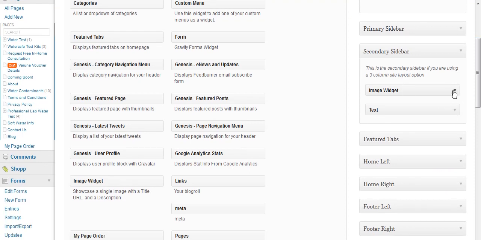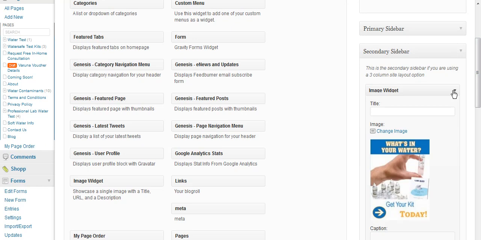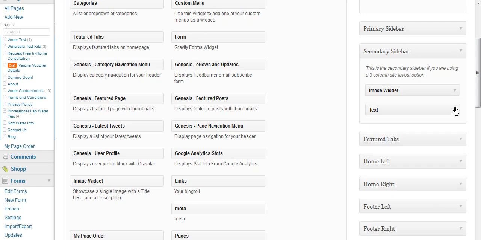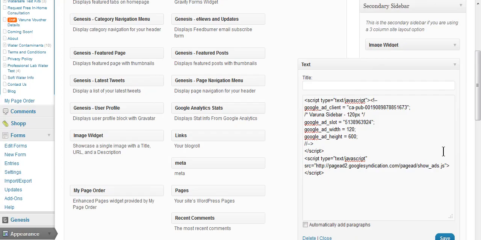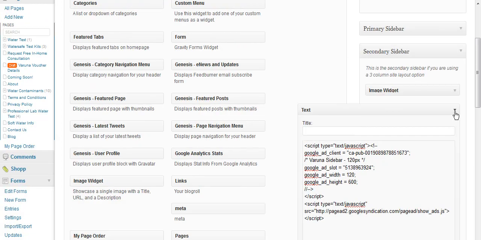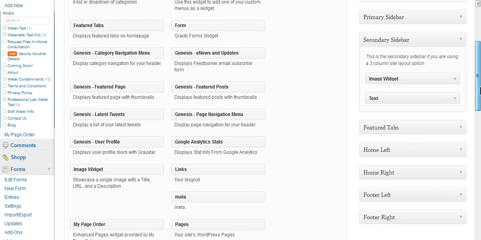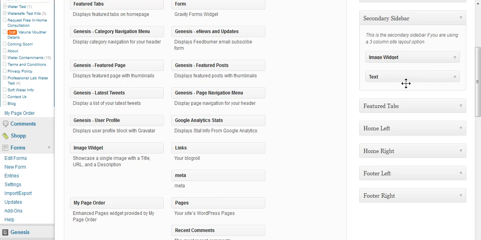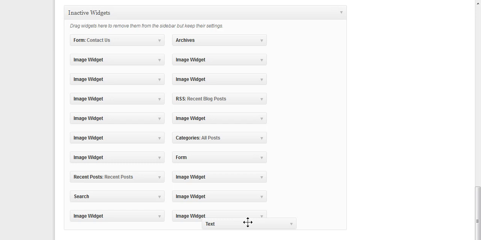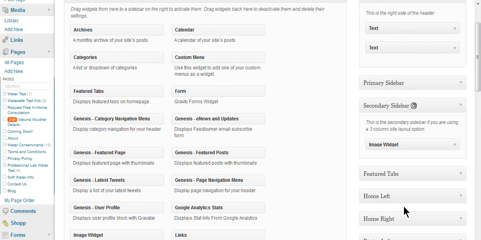Here it has an image widget, which I've inserted an ad for the kits. Has a text widget, which inserts my Google AdSense ads. And say that I wanted to switch that out for a custom menu. I could take out the Google AdSense, go to the bottom of the page, and by dropping it in this area at the bottom of the page, I can save the settings on that widget